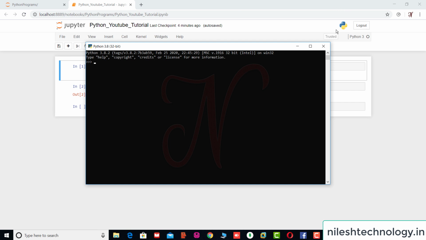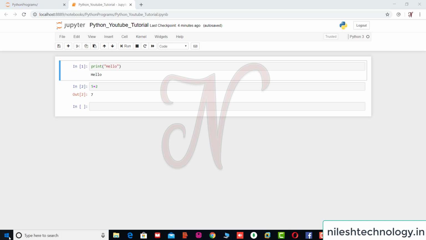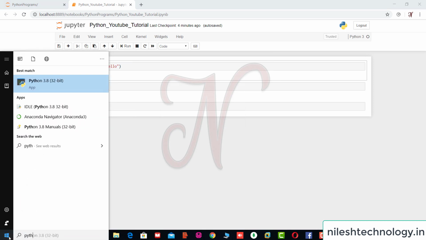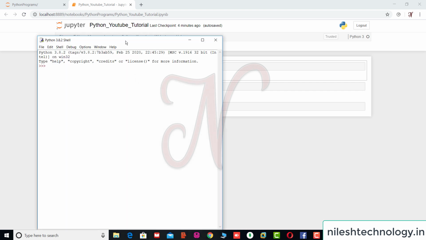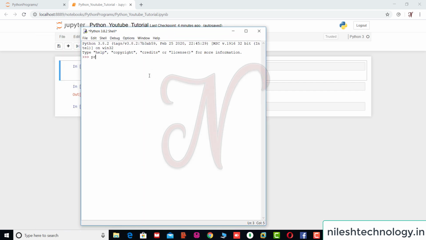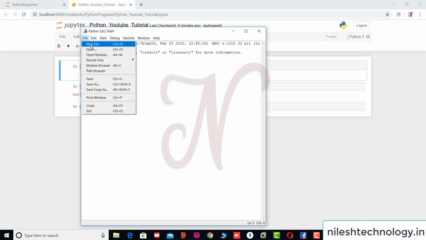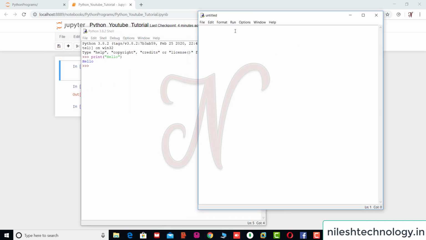Okay, and the next one is the IDE. So Python, similarly this IDE is like the command prompt. You can print hello. Enter, this is hello. You can also save here: you can create a new file, and in that file you can save your program print hello.